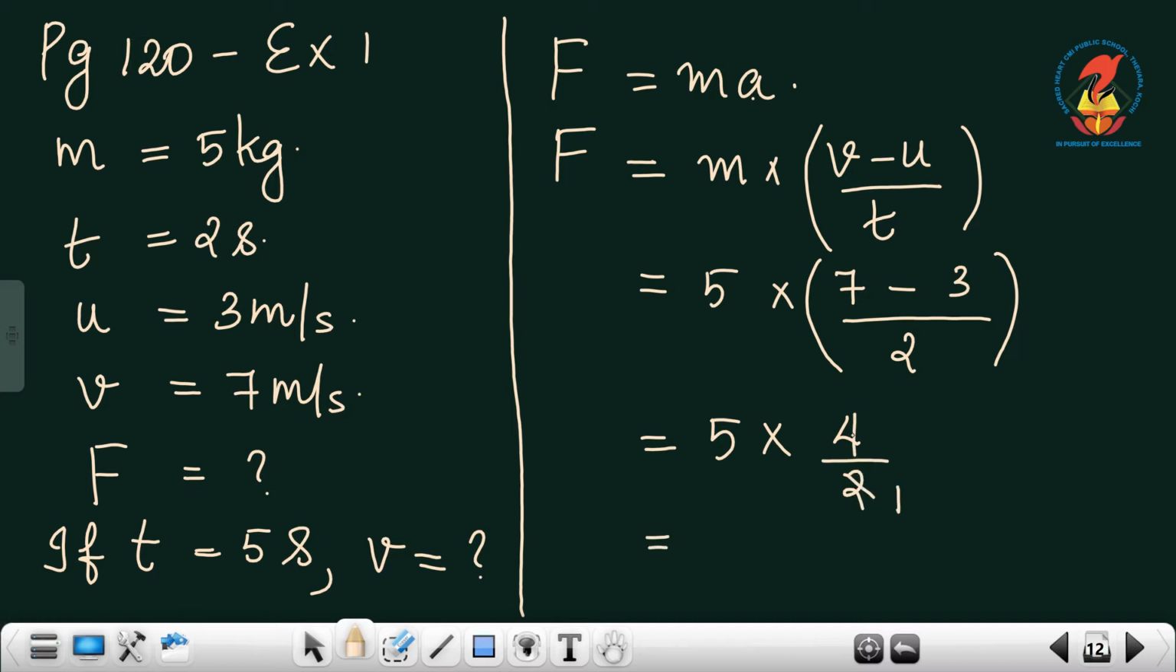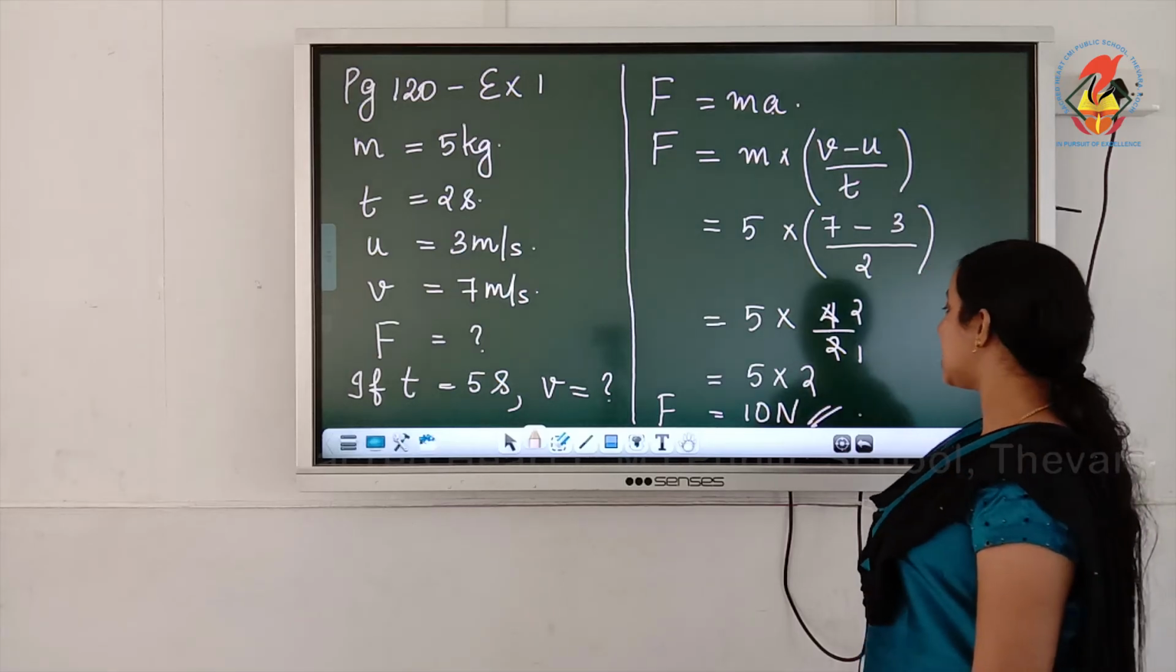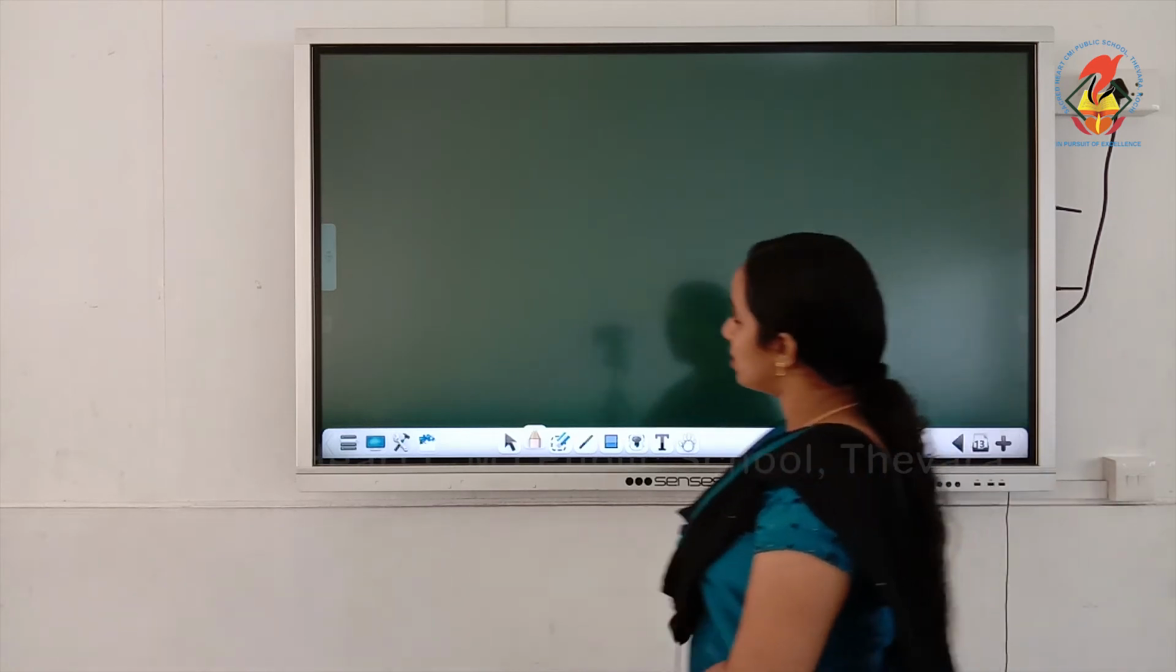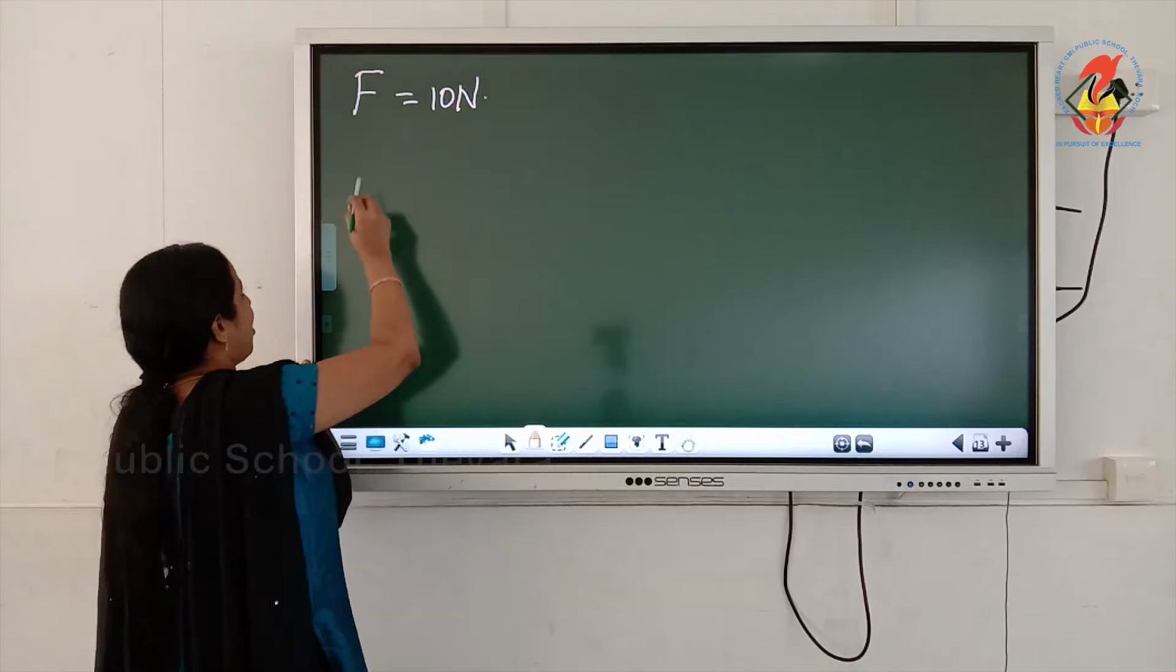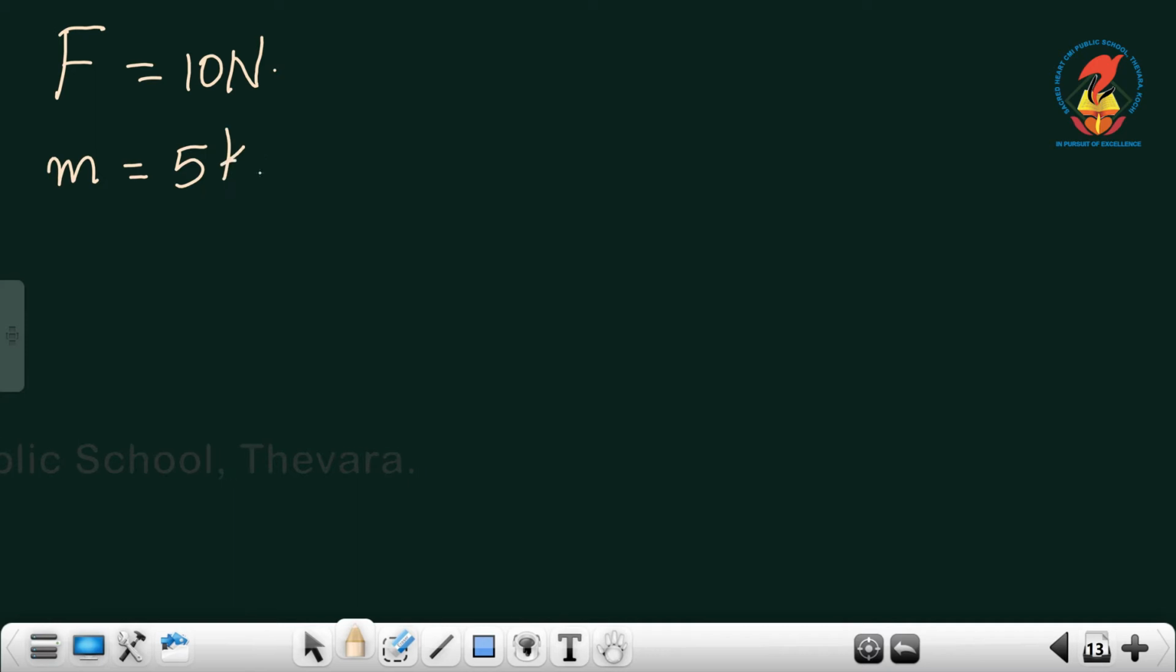Simplify it. On simplification, we get 5 into 2, that is F is equal to 10 Newton. So we got the answer for F as 10 Newton. Now the same force F equal to 10 Newton is applied on the same object of mass 5 kilogram itself, and initial